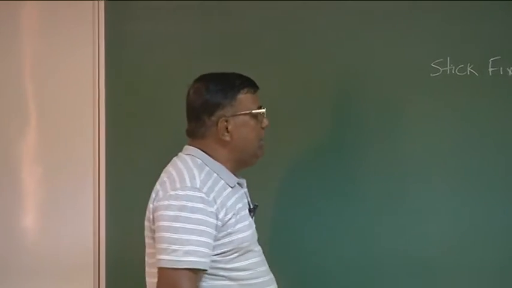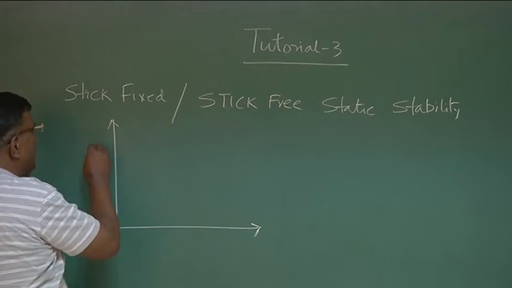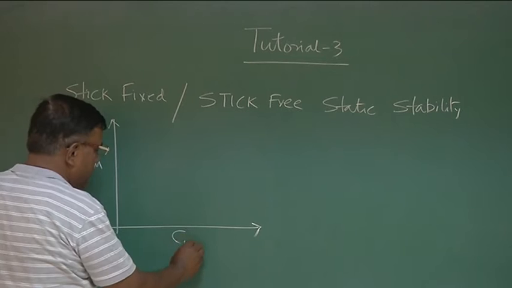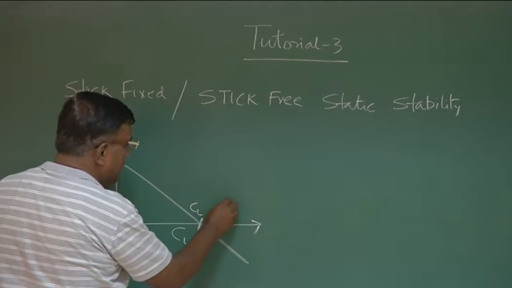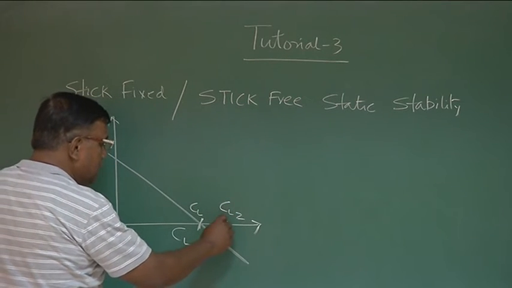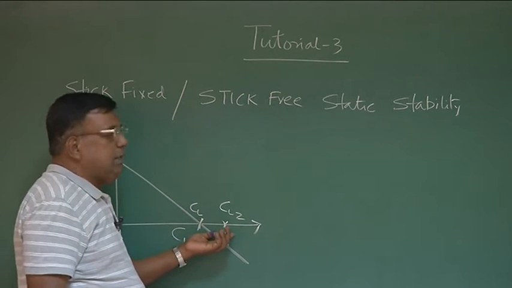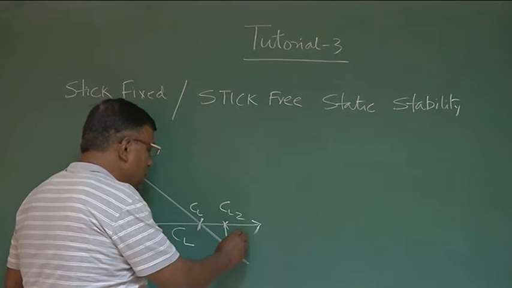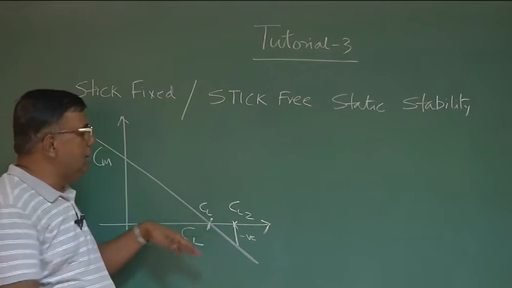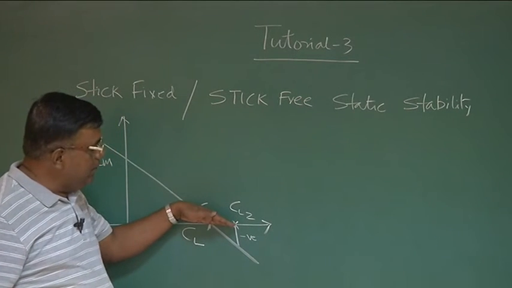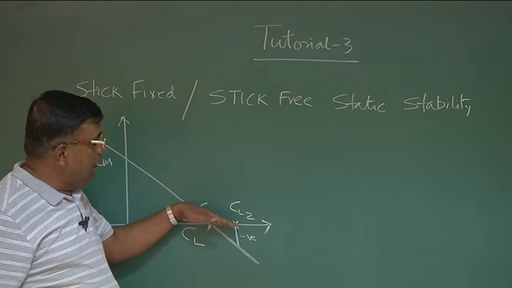Please understand one thing. We are very clear about this point: if this is CM versus CL, and I'm flying at this CL1, and I want to fly at another CL2, then to go to CL2, the airplane, because it is statically stable, will generate a negative moment. Why? Because if I want to increase the CL from CL1 to CL2, keeping the speed and everything the same, what does that mean? It means I have to change the angle of attack.